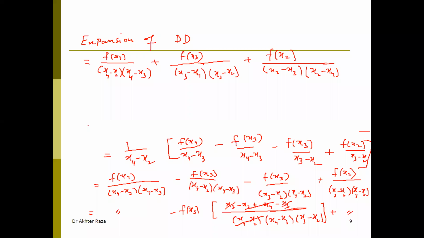What we have on the left side, we have f[x2, x3, x4]. This can be written as f(x2) divided by x2 minus x3, x2 minus x4, plus f(x3) divided by x3 minus x4, x3 minus x2, plus f(x4) divided by x4 minus x2, x4 minus x3. So these are the different expansions of divided differences. Now you can ask